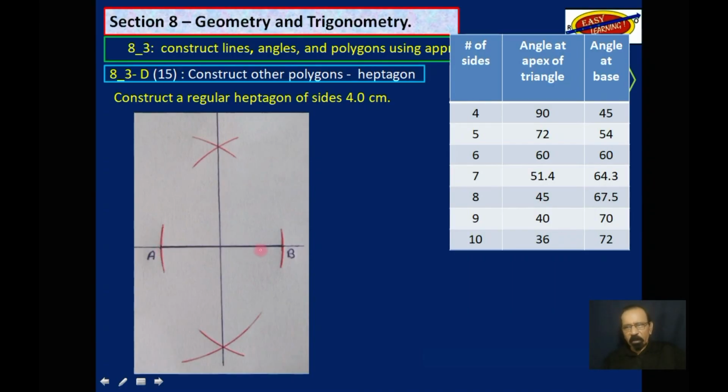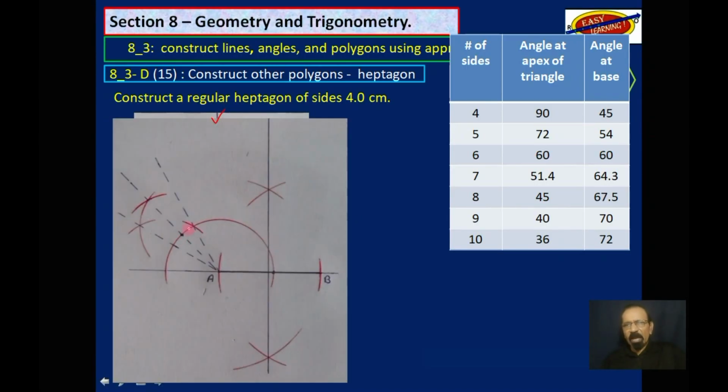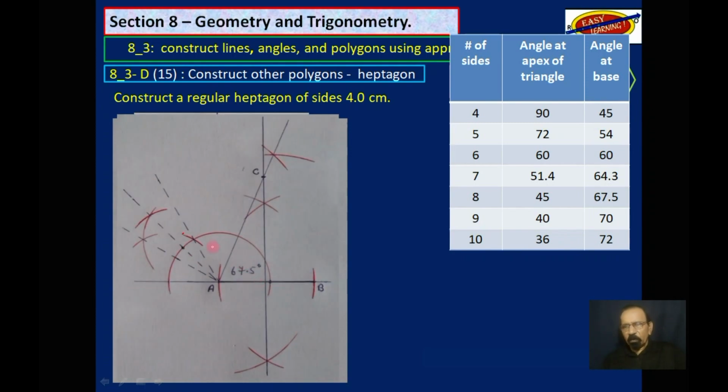So we construct one side, the base, AB, and we construct a perpendicular bisector to it. This is what you have here. Next, we will find the point for eight sides, which is 67.5 degrees. So we want an angle of 67.5 degrees. Where will that intersect with this perpendicular bisector? We know this is 135. We will bisect it. We will bisect from here to there, and we get that. That will be the center of the circle if we were going to draw an octagon,